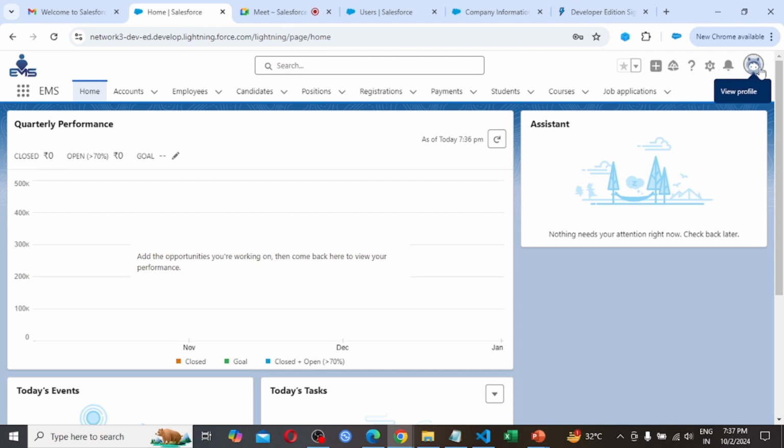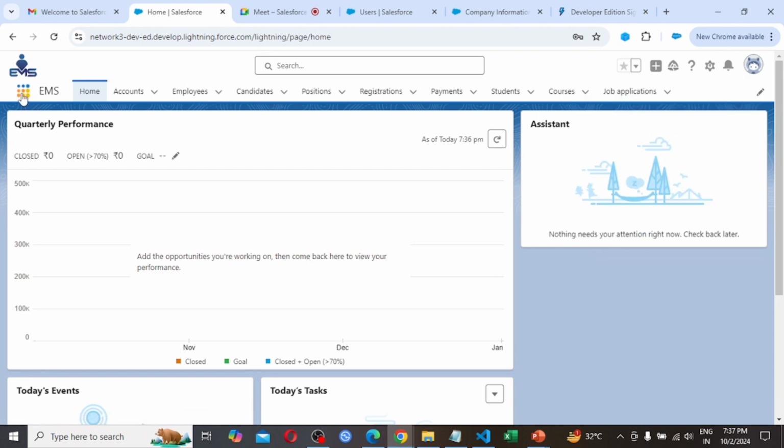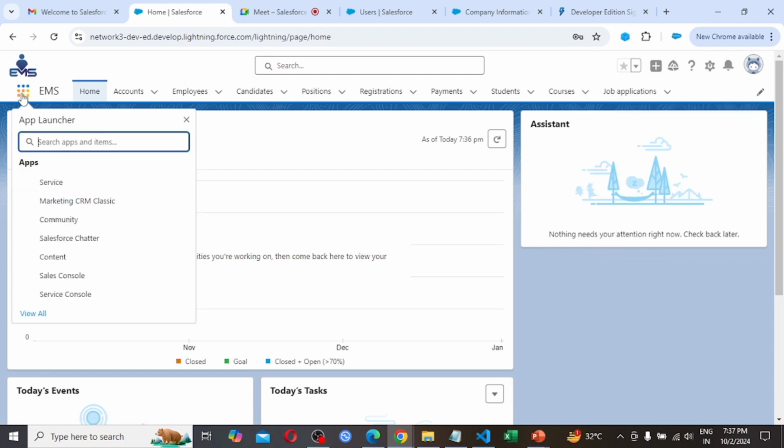From here we can note which user we had logged in. For now I am clicking on logout for this user. Also I want to show that from here this user A can see all the applications.